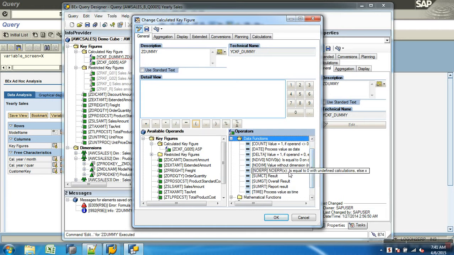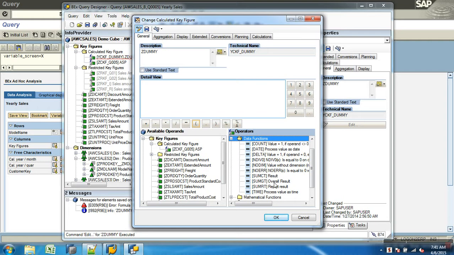Next, there is a function called no error bus. We use this to control the exception of currency conversion. For example, you have amount with currencies and you're doing currency conversion. For some reason, it is not able to find the conversions there. Then it gives us an error. Instead of giving INR or some currency, because no exchange rates are maintained, it cannot determine the currency. Then it says ERR, OR, error. To control those exceptions, I use no error of that. Okay.